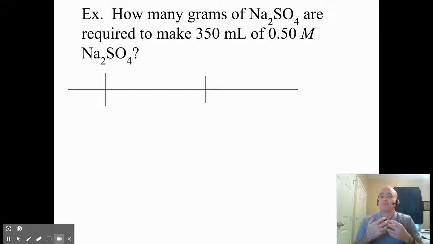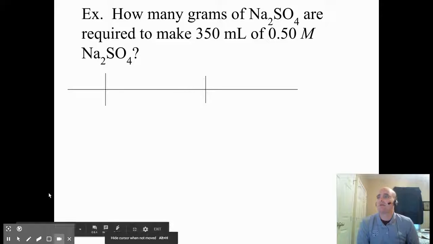This is a problem I run into a lot when I'm making my solutions for y'all, because I know the molarity I want to get to and I know the volume of the flask that I have. So I need to understand how much of my solute I need to add to make the proper molarity. When I do this, I will